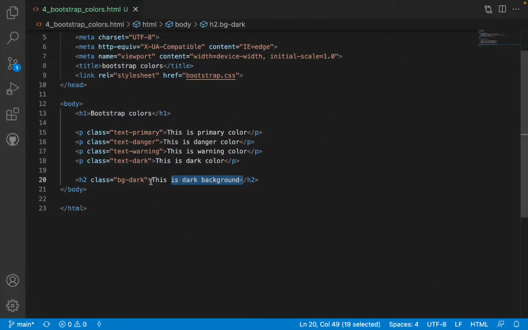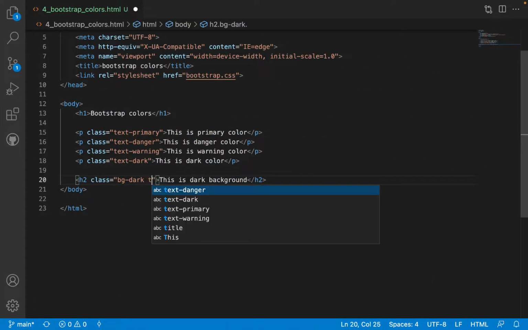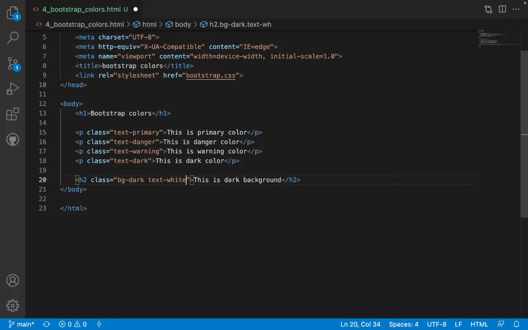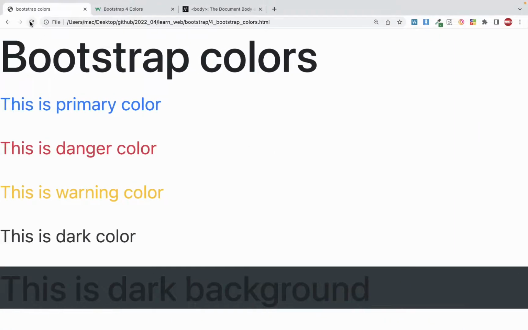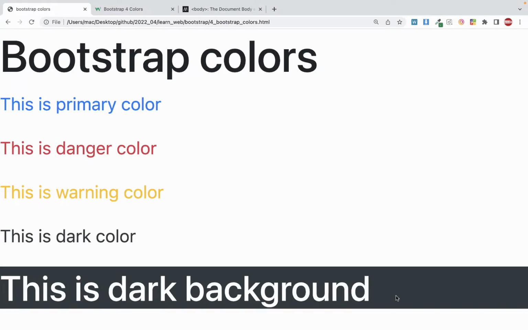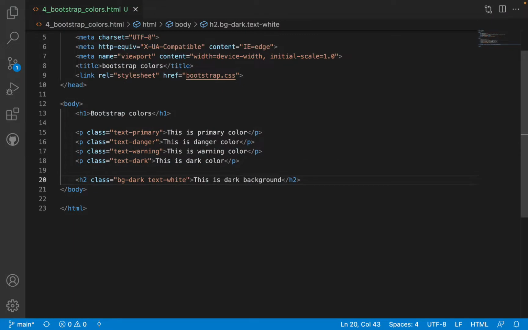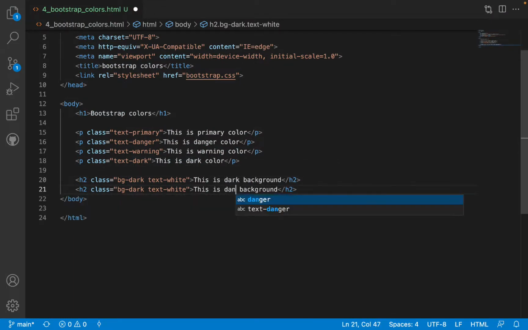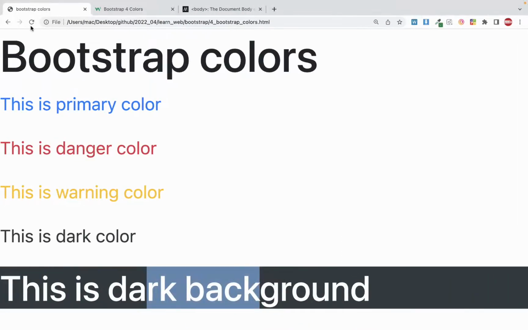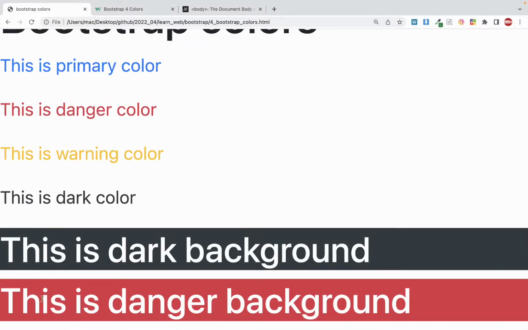So you can simply say BG dark and then say text white. So BG dark, you see, then the background is dark and the text is white. So I can come and say this is danger background. So I can simply say danger, save, come and refresh. You see, this is danger background,